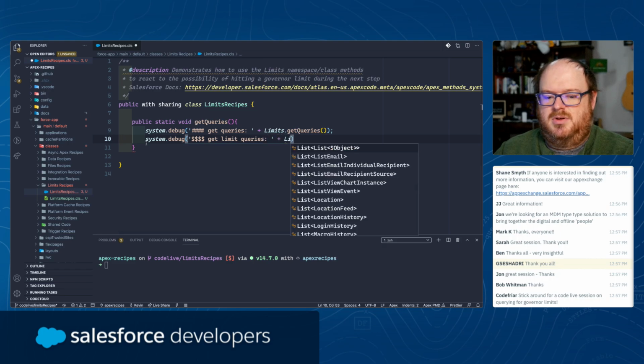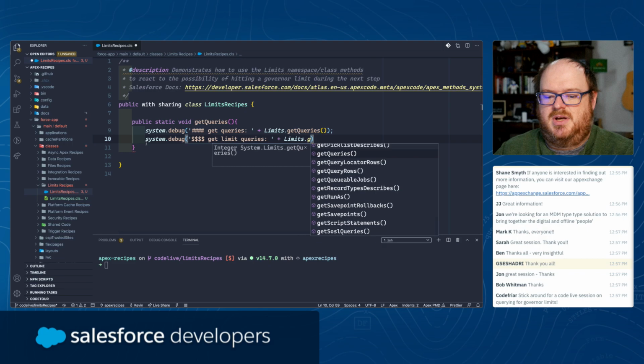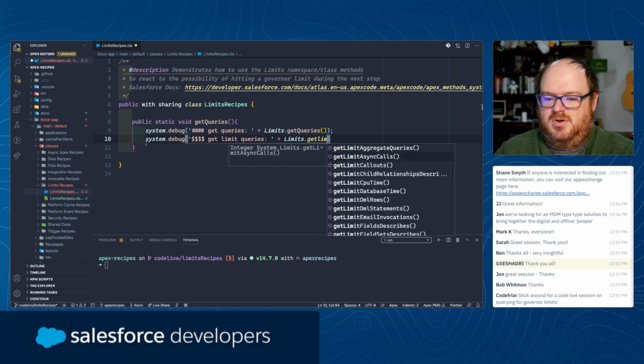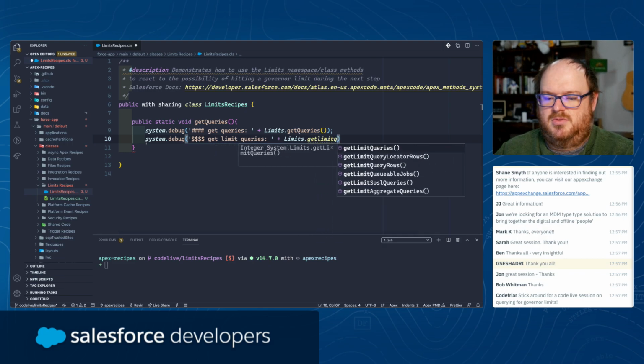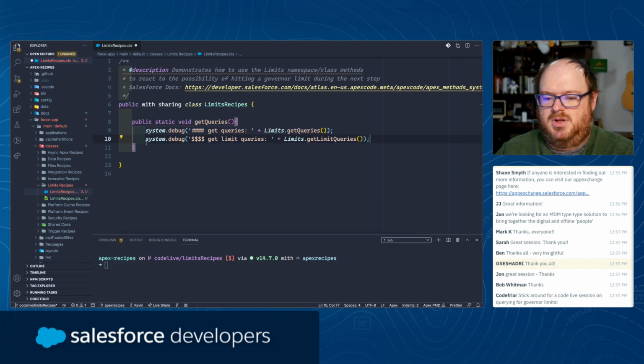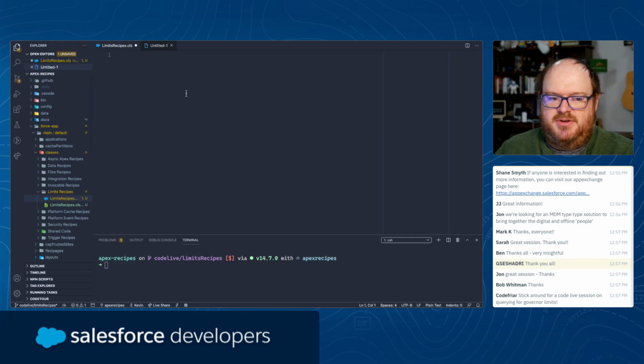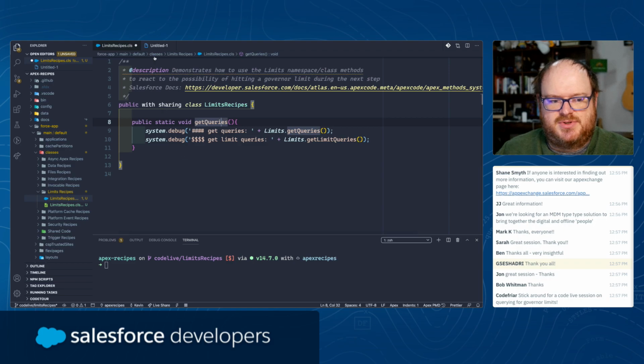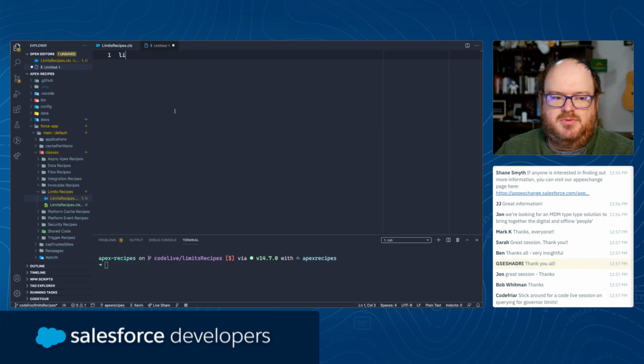And this is going to be limits.getLimitQueries. There we go, like that. And just for grins and giggles, I'm going to open up another tab here. It's not a new file, it's just another tab. And what I'm going to do, I got to save this first. And I'm going to do limits recipes